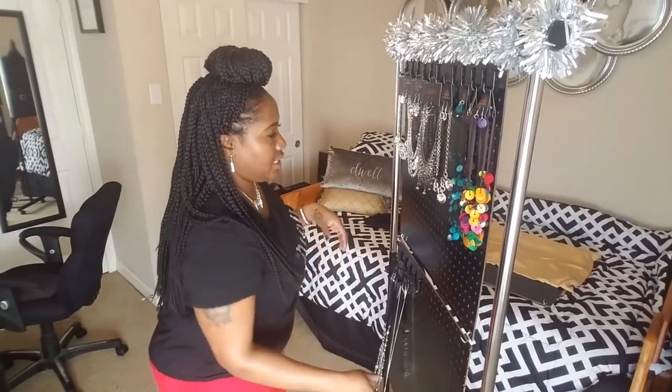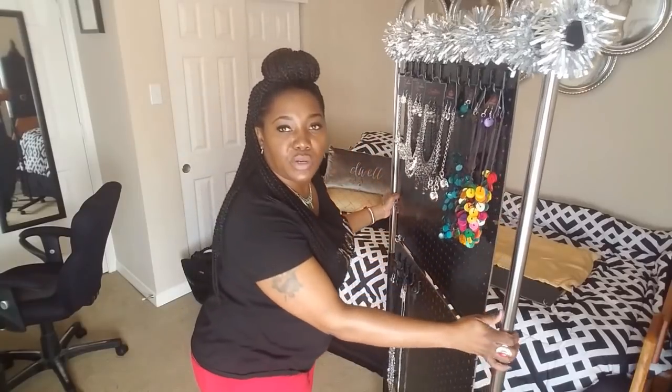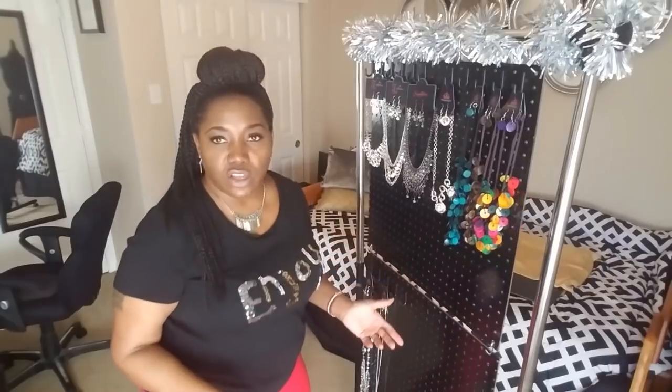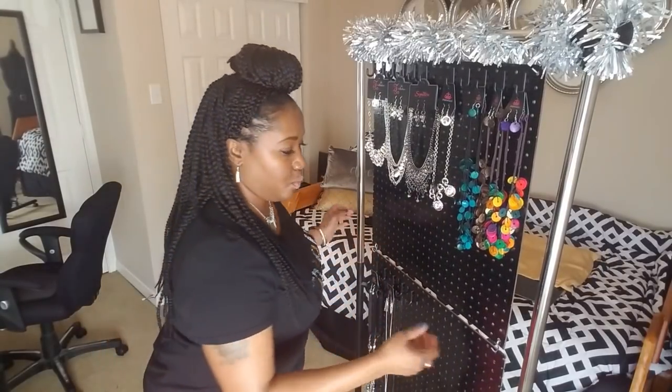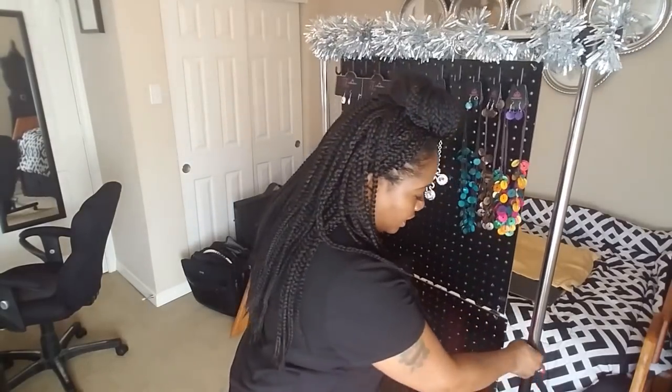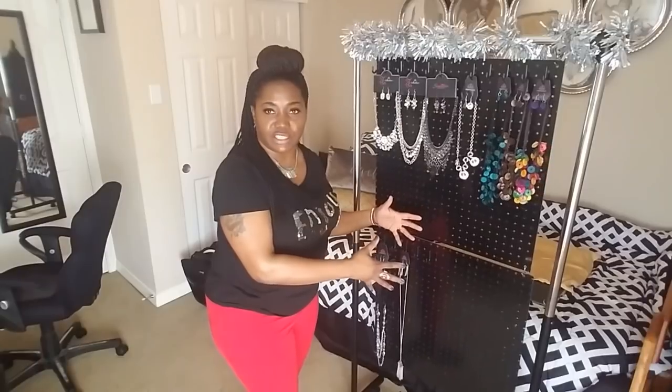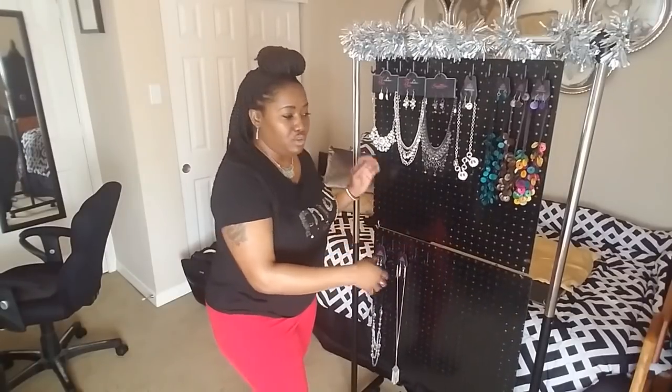Okay, and if you had your jewelry and this is how much you wanted to take, like I'm assuming that this was full, then if that's all you wanted, that's fine. In some cases, if you're in a facility where you have to be up against a wall, assuming that this is a wall now, they may only allow you to have that much space or something like that. Sometimes you might could be more